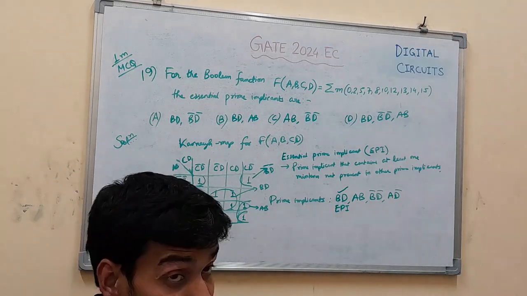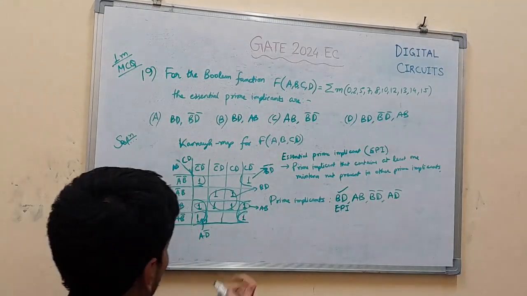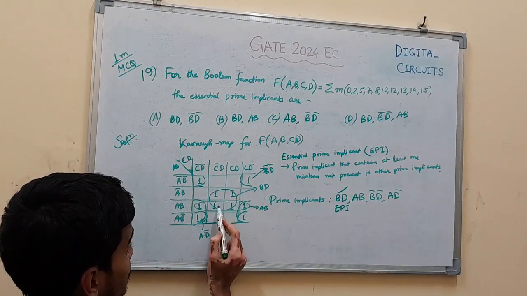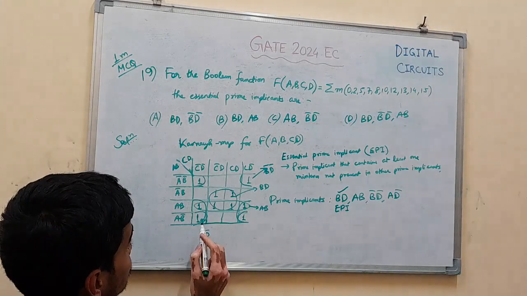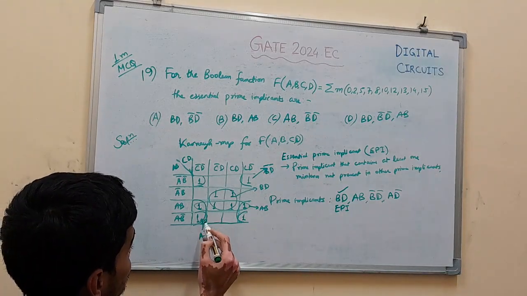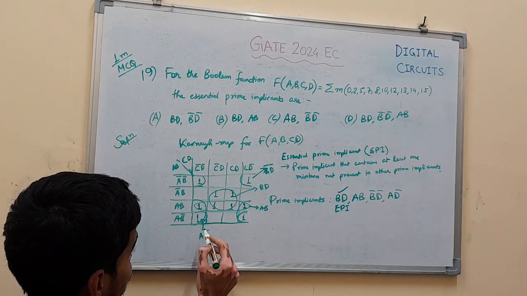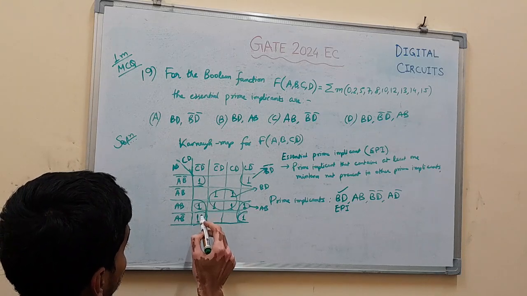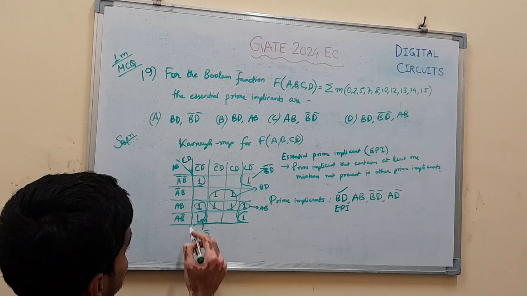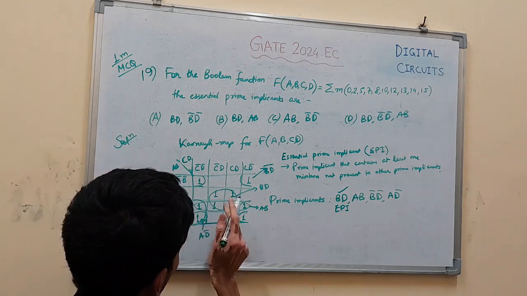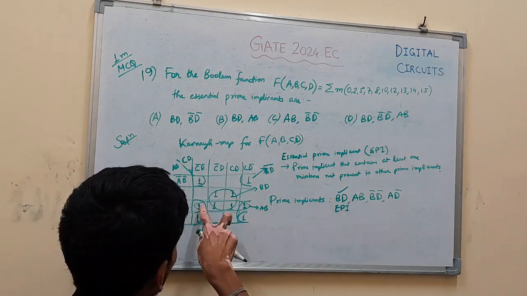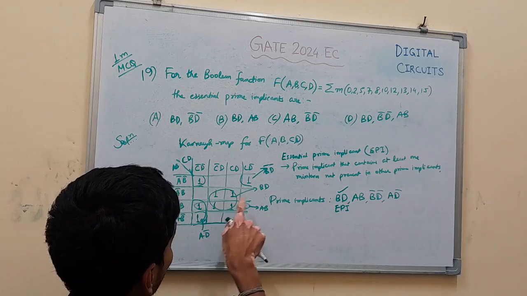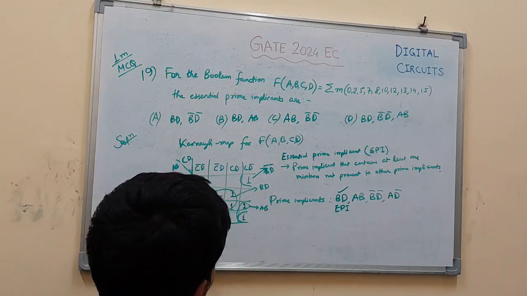अब AB में क्या करना है? चेक करना है एग्रीमेंट। AB में क्या है कि ये तो जो वन है वो BD के साथ कॉमन है, ये तो वन, और ये तो जो वन है वो आपका इसके साथ कॉमन है, AD बार, या ये दो वन AB में, ये दो वन AD बार के साथ कॉमन है, और ये दो वन BD के साथ कॉमन है। तो हम लोग AB को